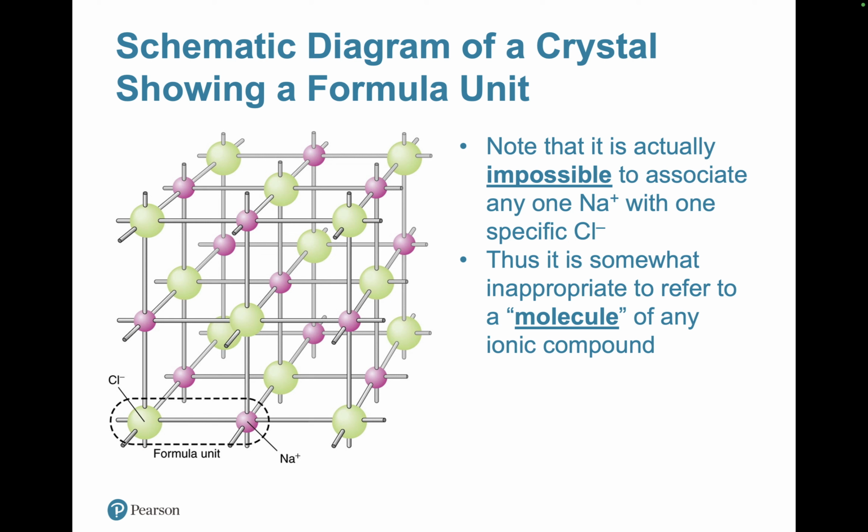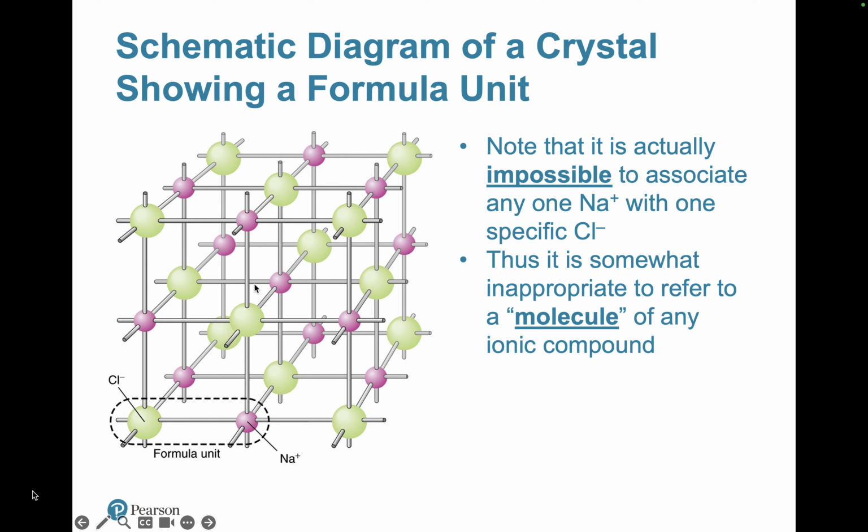And so one part of the crystal that has one partner with another partner, chloride with the sodium, that's called a formula unit, right? And so note that it is actually impossible to associate any one sodium with any specific chloride. They all sit together, right? And so this whole thing right here,